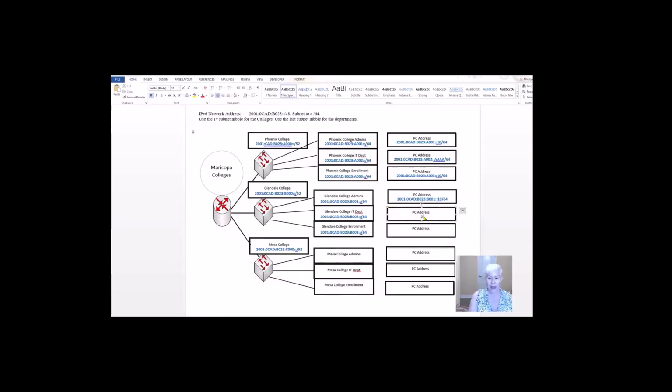I'm just giving my end devices an address, a unique address. Now, in the world of IPv6, just like the world of IPv4, I can set up static configuration where I'm manually entering the IPv6 addresses, or we can do auto configuration. I have another video about auto configuration because there's a few different ways to auto configure addresses in the world of IPv6. And 64. And then lastly, Mesa.